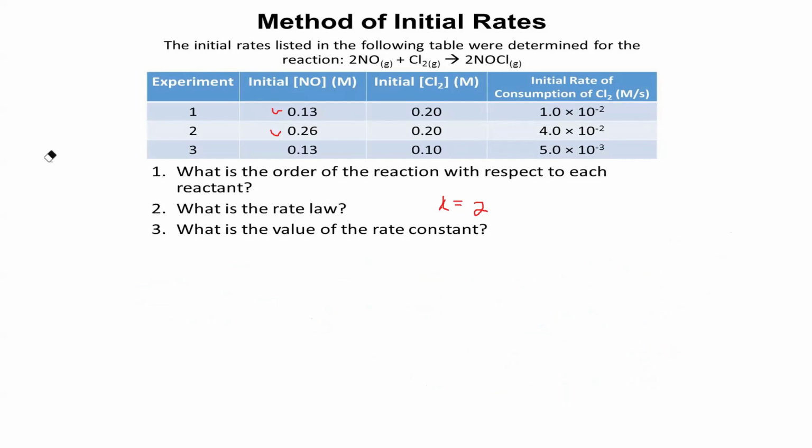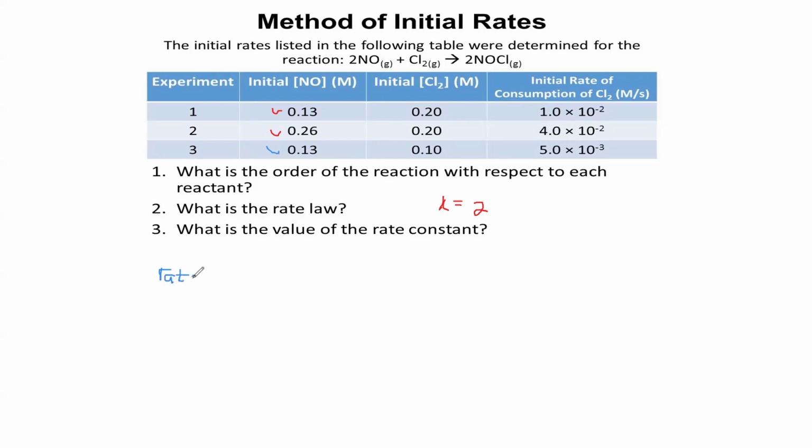For experiments 1 and 3, you can clearly see that we have 0.13 in experiment 1, and of course for experiment 3, we also have 0.13. So we can see that the change in the rate is due to the change in the concentration of initial chlorine. So for us to get the rate here, we are going to apply the same thing by saying